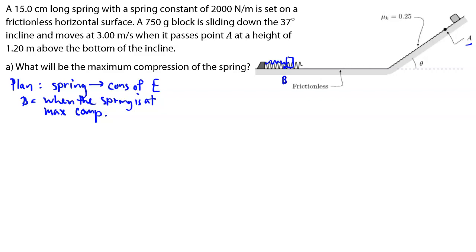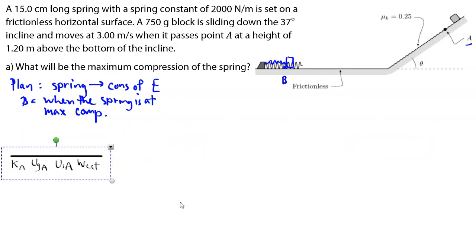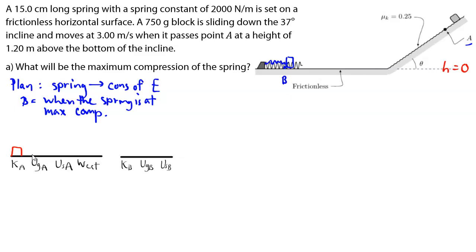Just as in the previous problem, we want to use these energy bar charts to help us think about what's going on. These are just a reminder of all the different types of energy that you might have to deal with. As the block passes point A, we know that it has some speed, so there will be some kinetic energy. But also, if we decide that the height will be equal to 0 at the bottom of the incline, then there will also be some potential energy due to gravity. I don't know the relative size of these two, so I'm just making this up. But what I do know is that the spring is not stretched nor compressed at the beginning,